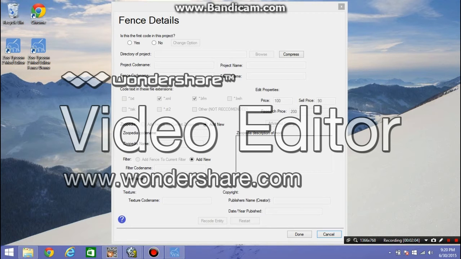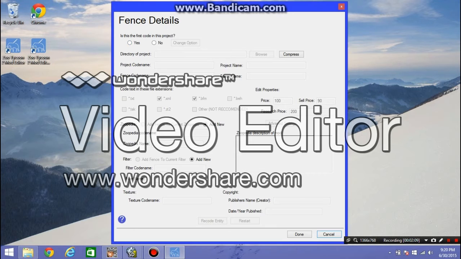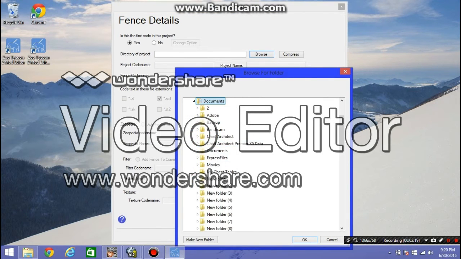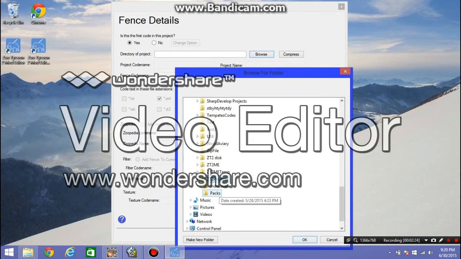So is this the first code in your project? Yes, it's the first code in your project. And now you're gonna browse. It's very important that you click that, because if you don't, it's not gonna work. So let's go down to Tycoon 2 projects. I'm gonna make a new folder that will be called